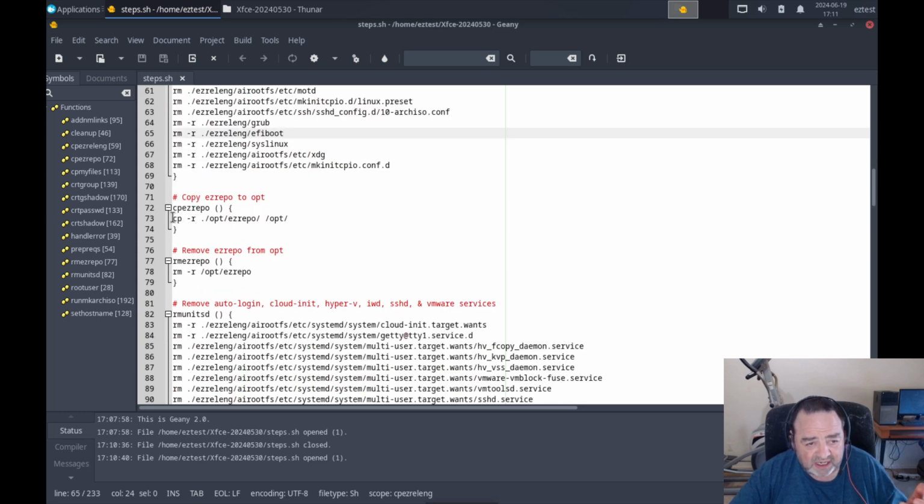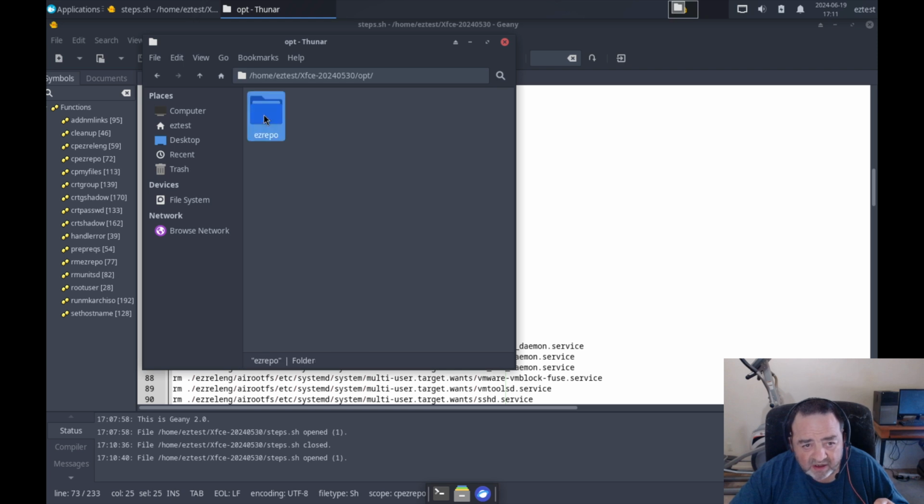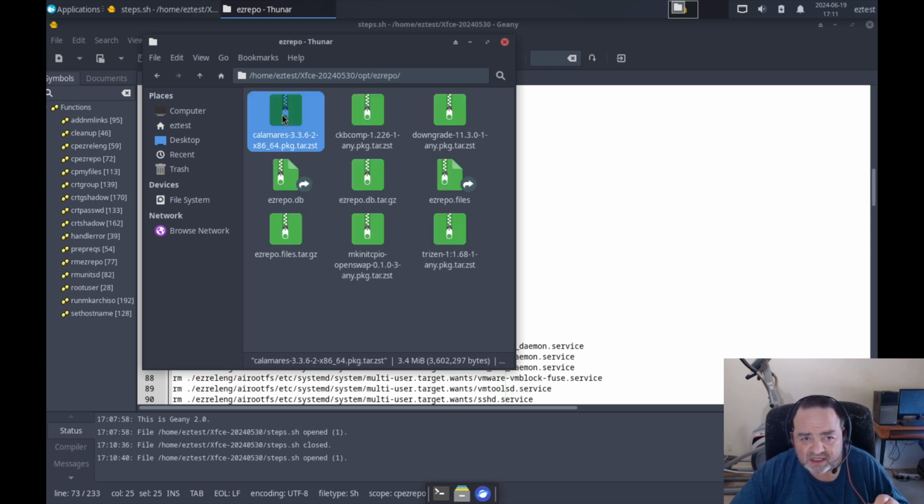I then copy my custom local repository into the opt folder of the running system, the host system, the build system. This will also get copied into the ISO. My custom repo includes, I think, 5 packages. The Calamares package, the PkgB package, the downgrade package, the mkinitcpio OpenSwap package, and the Trizen